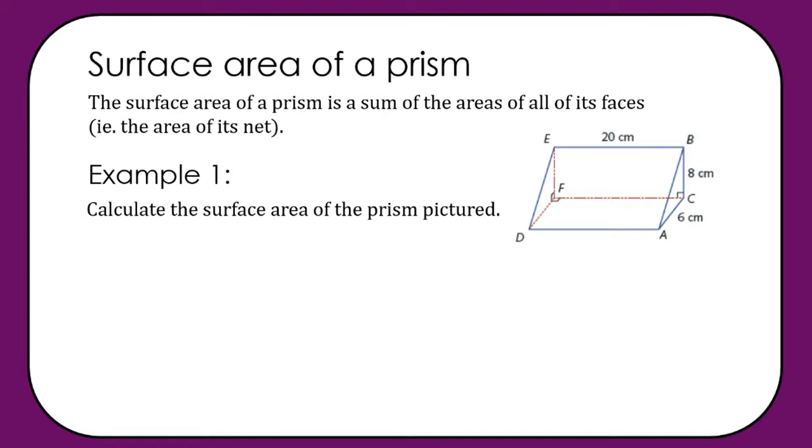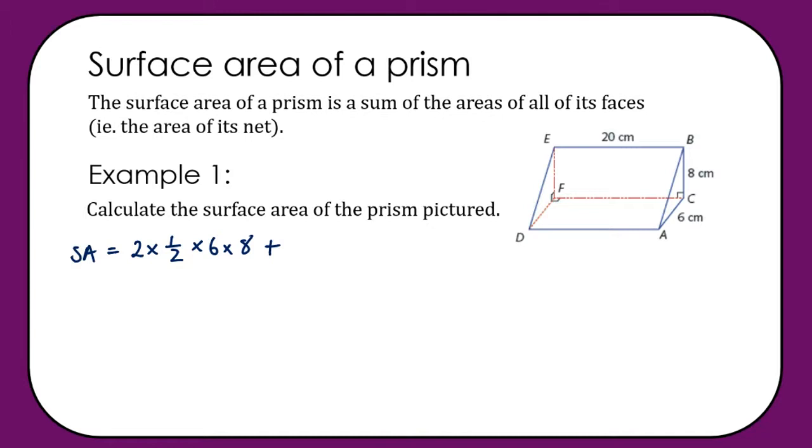Okay, so let's think about finding the surface area here. I want to think about each of those 5 sides. The first thing is that I have 2 triangles: 2 times half times base times height. Now these are right-angled triangles. We can see that indicated in the diagram, which means we have the base and the height. The base length is 6 and the height is 8. So 2 times half times base times height, so 2 times half times 6 times 8, plus